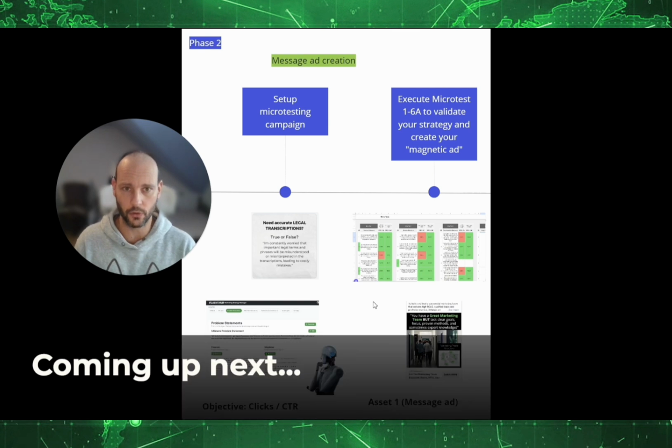And that's what most people do wrong. If they don't have an ad that gives them a high enough click-through rate and cheap enough cost per click, then you don't need to care about all the other parts in your funnel. That's why we run the microtests first, not to get the right people on our page, not to get leads, not to get clients, just to validate our problems and our solutions as the main pillars of our message and